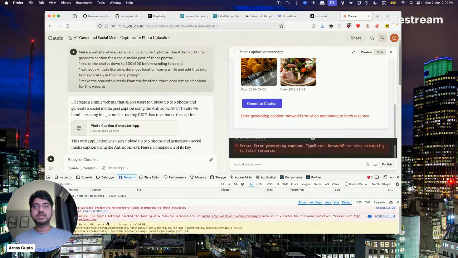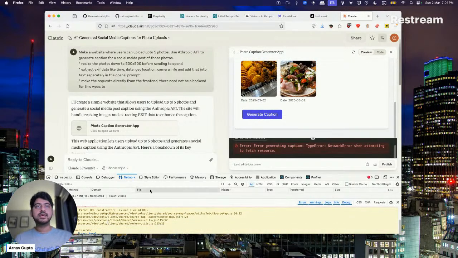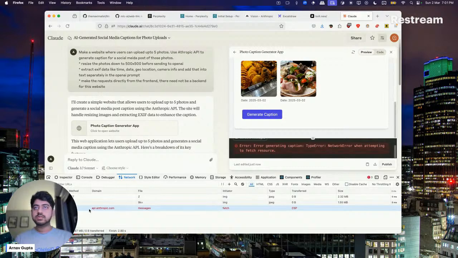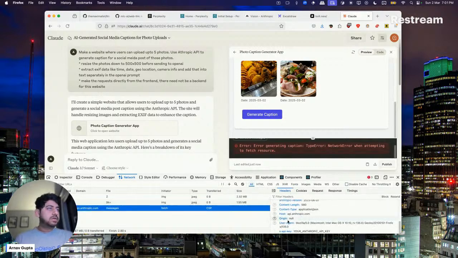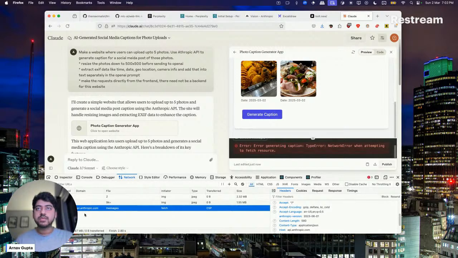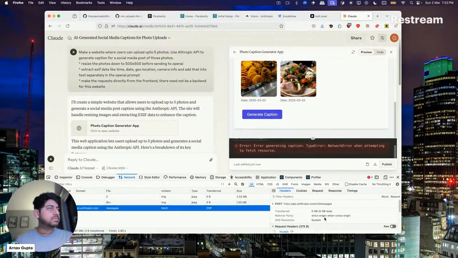There's a network error. This should not have been a network error. Okay, why has that happened? Is it only because of what did it get? Interesting.